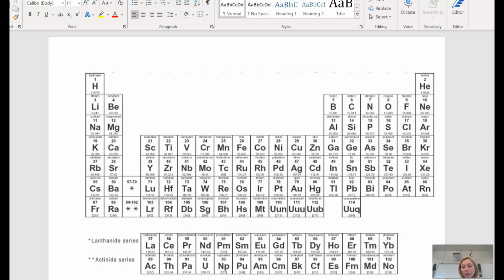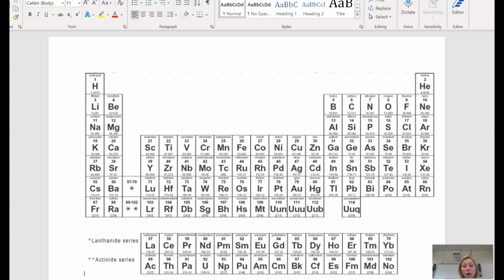What's nice about the periodic table, the one that you are getting in class, is that it is meant to be a template, really. It has all the elements in all the correct places, but it doesn't have any extra information to label the columns or the rows, and so this is going to be a really good tool for us so that you can actually see how the periodic table is